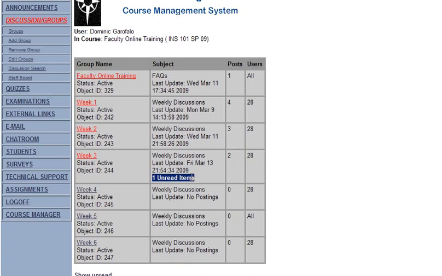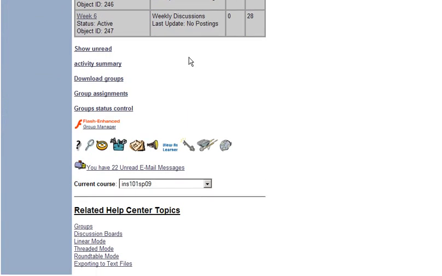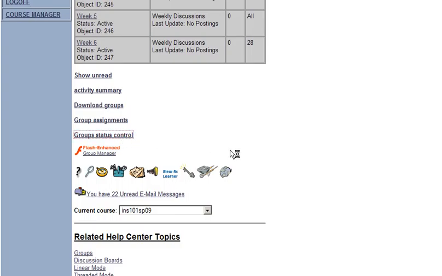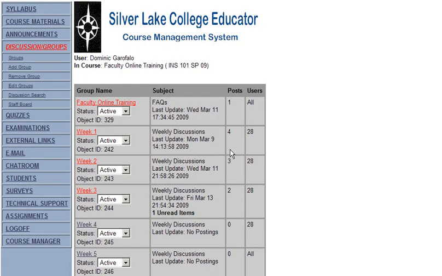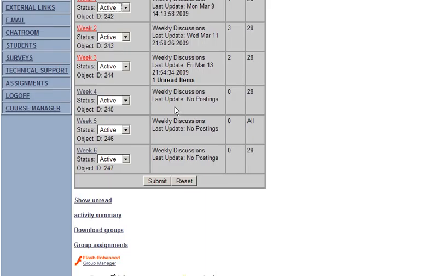Some other features that are nice to know about. Let's click on Group Status Control here. We can make those posts active. So for example, if week 1 was over in the course and you wanted it so that people couldn't post to it anymore, you would simply make it inactive. We have all of ours set to active, so that's not an issue here. Let's go back to discussion in groups, and then there's other tools that we'll take advantage of,